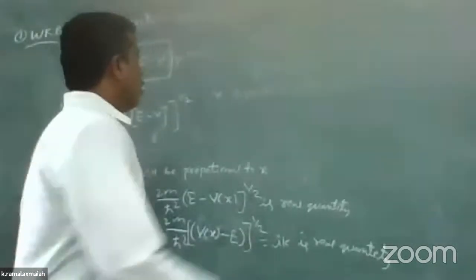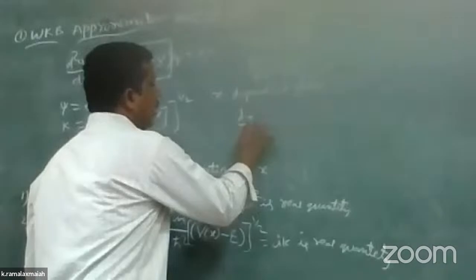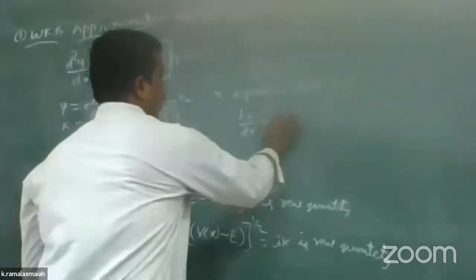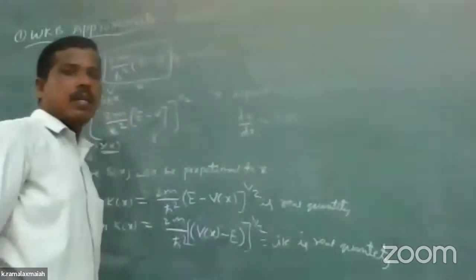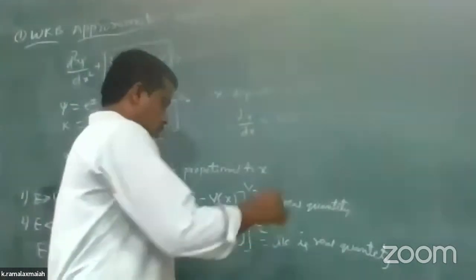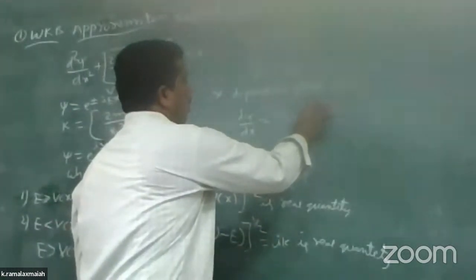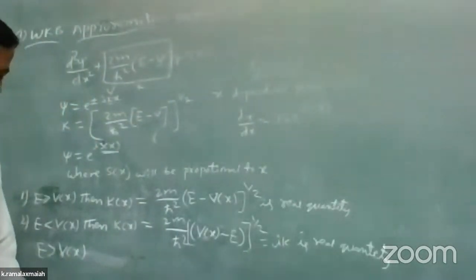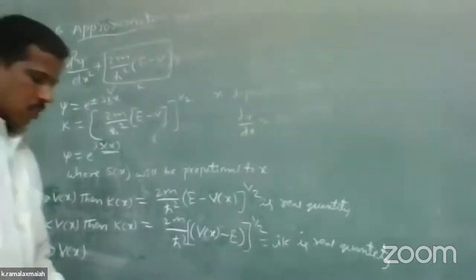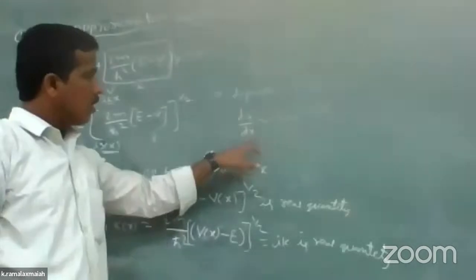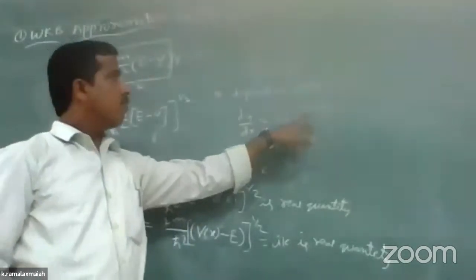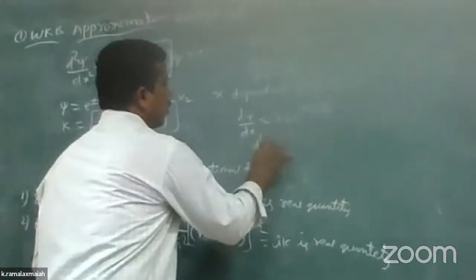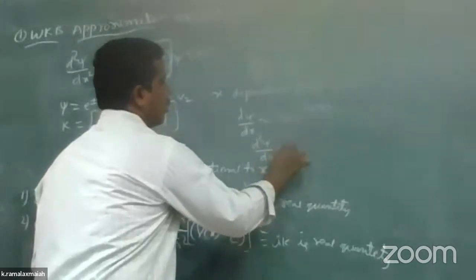So next, d xi by dx is equal to i s dash e power of i s of x. Observe the derivative: d xi by dx is equal to i s dash e power of i s of x. Next, d square xi by dx square is equal to